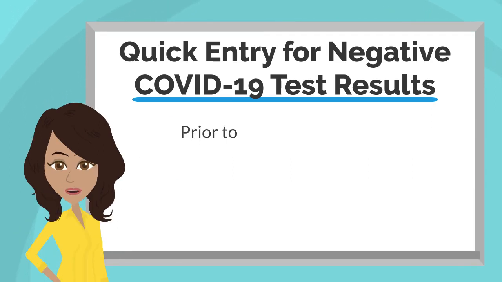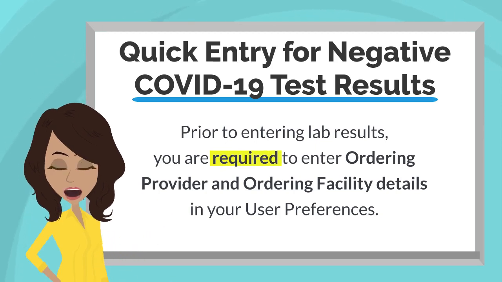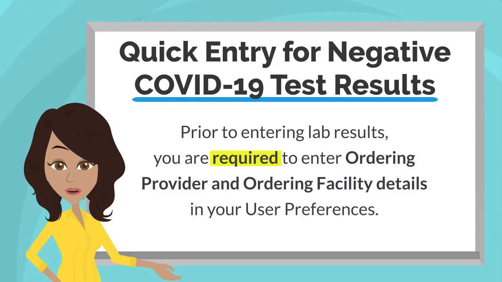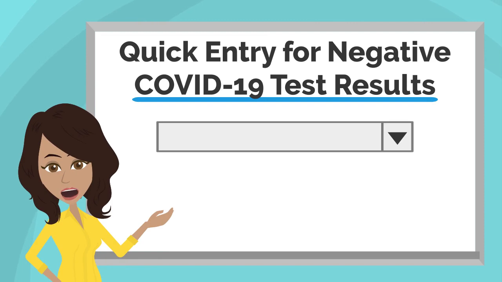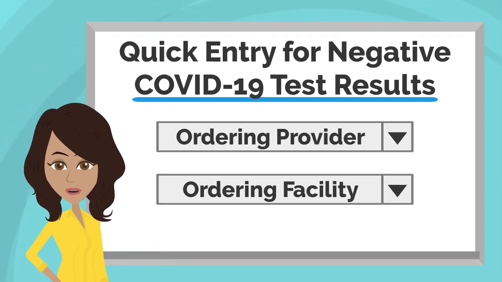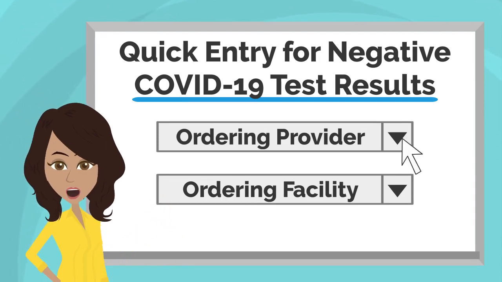training video. Prior to entering lab results, you are required to enter information regarding your ordering provider and ordering facility on the Manage User Preferences screen. By entering the ordering provider and ordering facility details in your user preferences, you will be able to quickly select an ordering provider or facility from drop-down options instead of manually entering the ordering information with each individual lab data